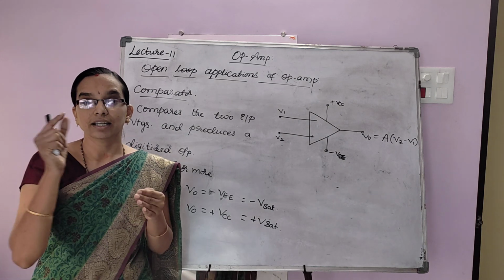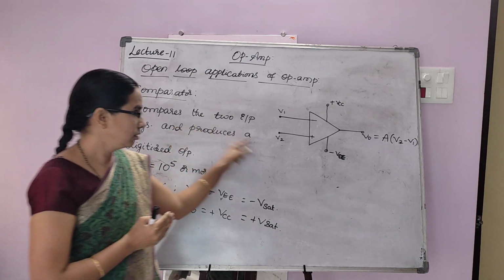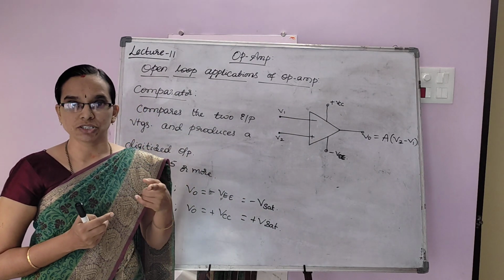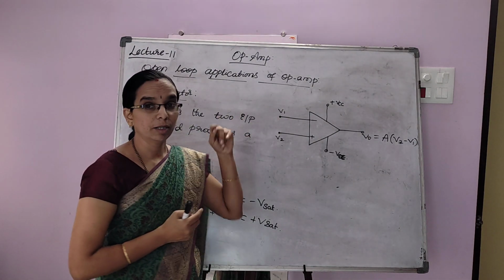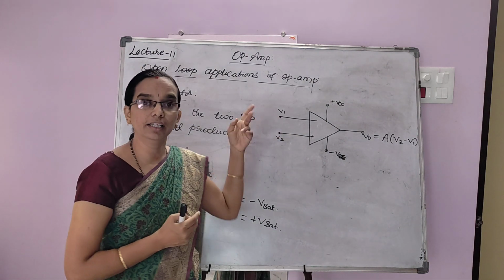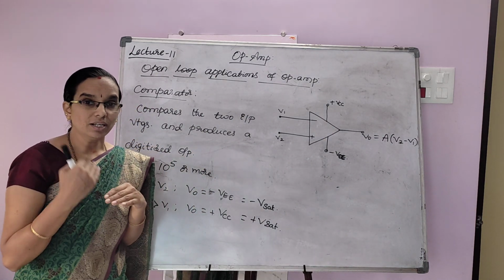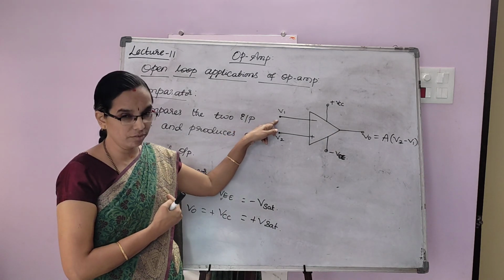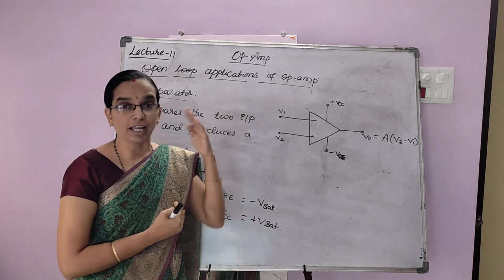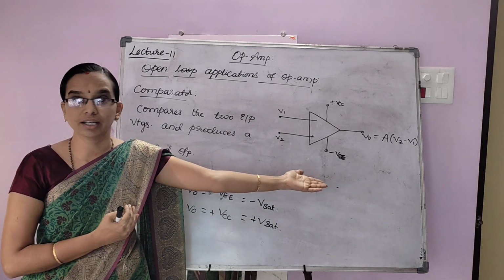In that case, the reference temperature is converted into an electrical signal, a voltage, and given to one terminal, and the input which is to be compared is given to the other input of the comparator. Then if the input to be controlled exceeds the reference level, the comparator will show the corresponding reading.